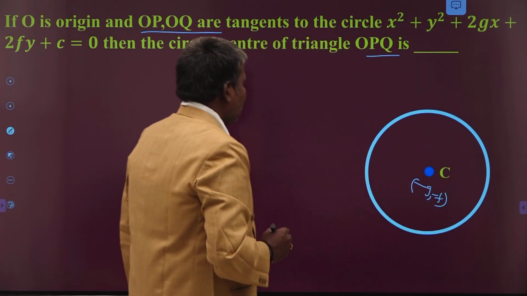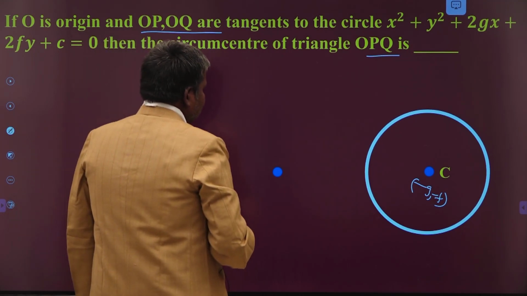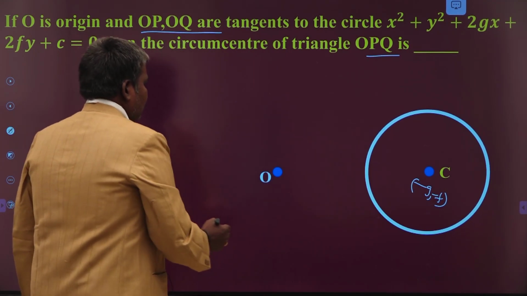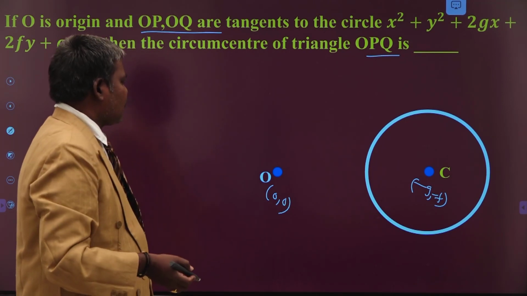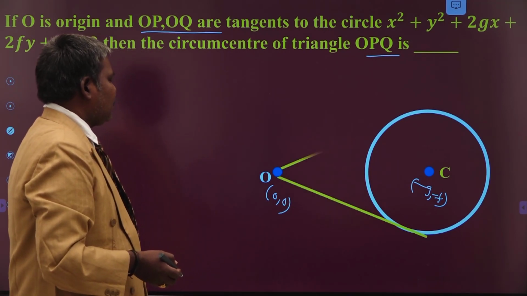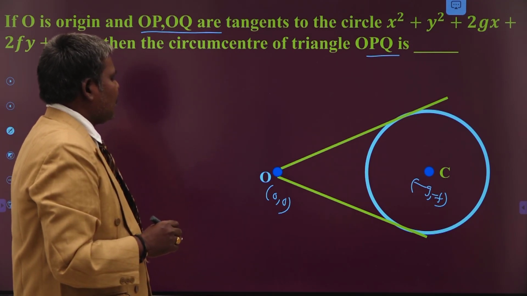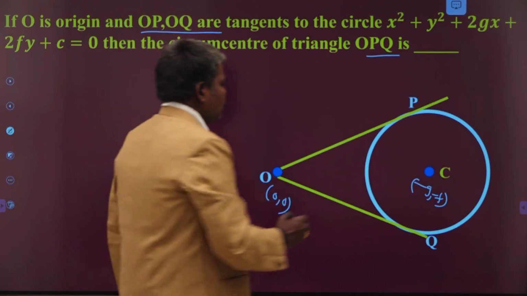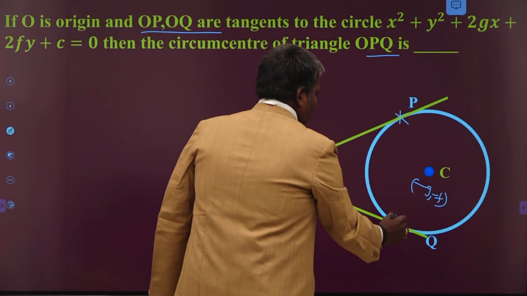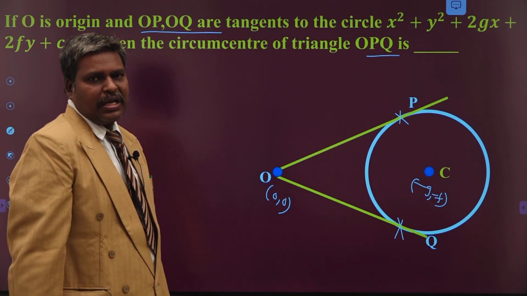Okay. This is the center. This is my point P whose coordinates are origin. Two tangents are drawn from origin to this circle. This is one of the tangents. This is the next tangent. The two tangents touch the circle at P and Q. This is point P, this is the point Q. So this is the point of contact. This is also another point of contact, respectively P, Q.